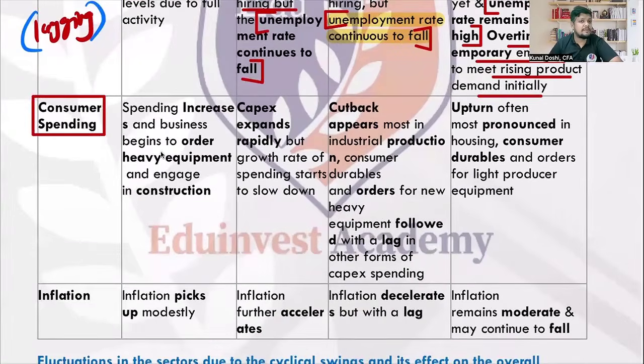Consumer spending is one of the biggest components of the economy, right? Spending will increase in tandem with the business cycle. If the business cycle is expanding, spending will increase not only for individuals but even for companies. They order heavy equipment and engage in construction. Do you notice recently most of the global airlines are giving bulk orders of Airbus and Boeing? Boeing is having bad days, so I'll focus on Airbus. Huge orders, all the airline companies. When airline companies are doing that, either it is going to be a disaster for airline companies or it's going to be a recovery of the economy.